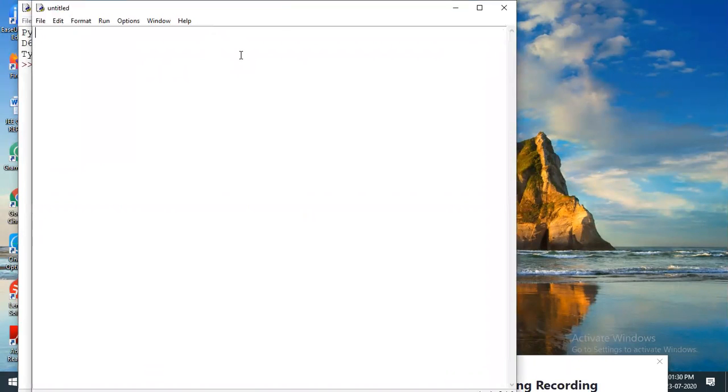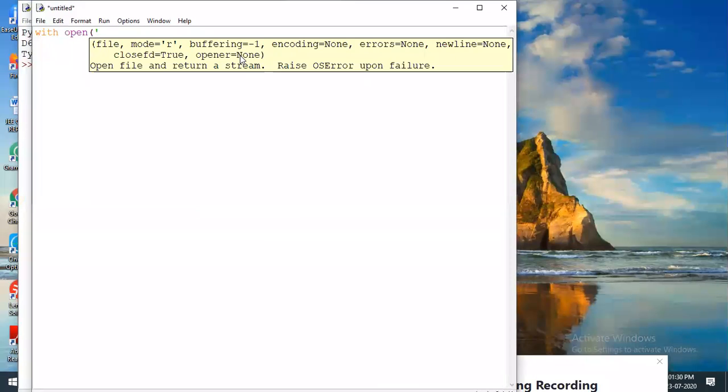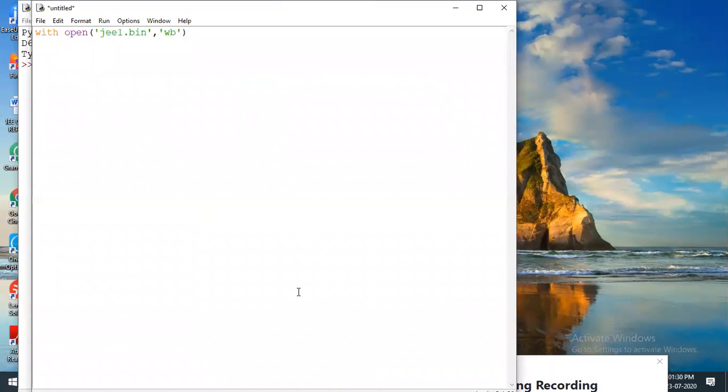For example, with open, what is the procedure, can you say? I'm just opening the same file, je file.txt. Now I'm opening another one, je1.bin, comma, in write mode, binary, so I have to use b. Binary file, opening it, and I'm giving the file object as a. Then I'm writing the data.